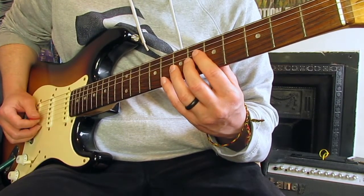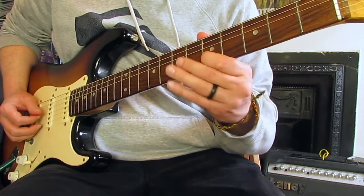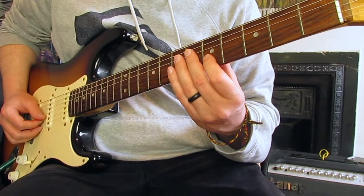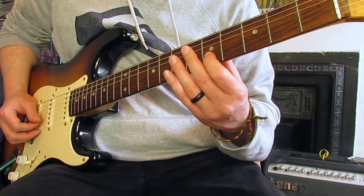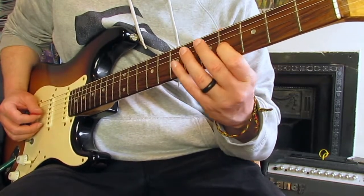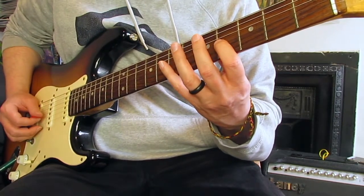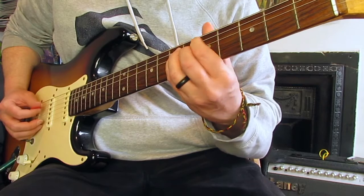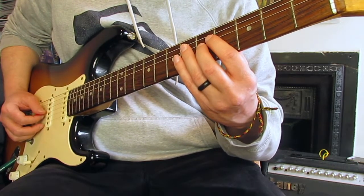Then 7, 5 on the B, 7, 5 on the G. 5, this is now first beat of the next bar. 5 on the B, on the G, 7, 5, 4. Then we've got 7, 5, 4 again, all on the G, then 7 on the D. And then as we move into the 3rd bar of this riff, we've got 5, 4,